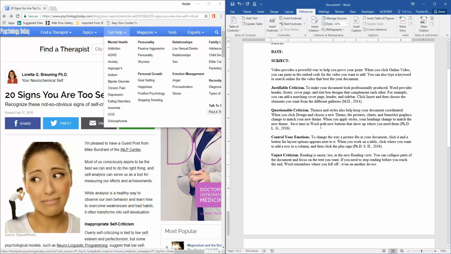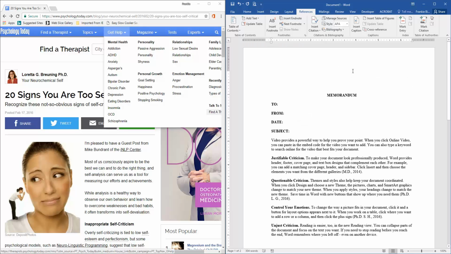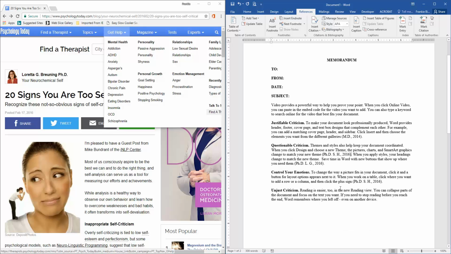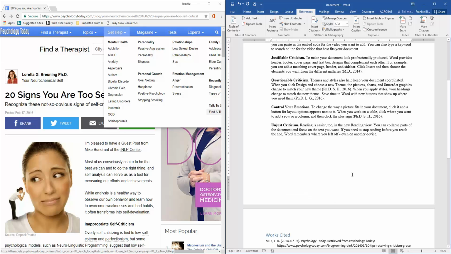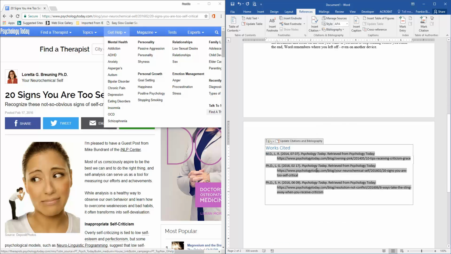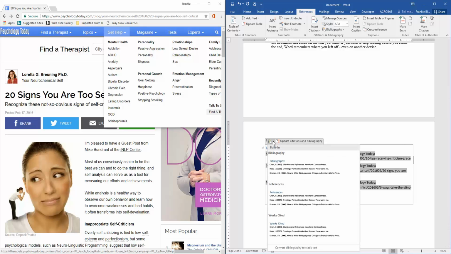So I'm going to click between the word theme and the period, then I'm going to insert another citation there, because both of those, their information came from two different sources, so you can see how it cites the information. So we're going to click on this, update the bibliography, because we need to do some work to it. So we need to click here,